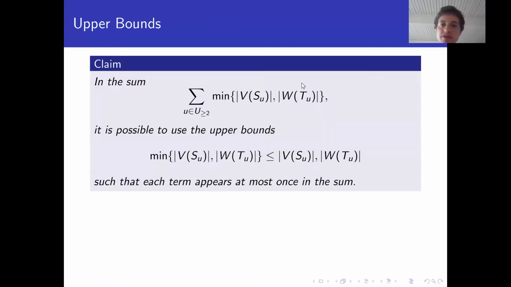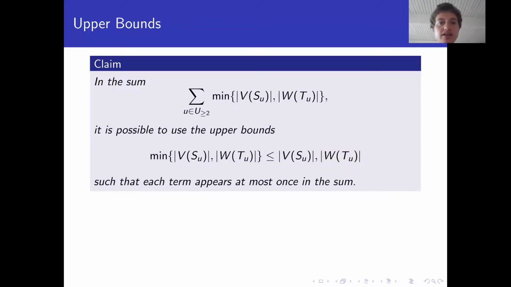So okay, we have this sum here that we want to upper bound, and I claim that for each of these terms, you can use either the trivial upper bound of this or the trivial upper bound of this, and you can do this in a clever way, such that for each term in the sum, after using these bounds, this term, for example, appears at most once, and this term appears at most once in the sum, and so on and so forth. So this is not